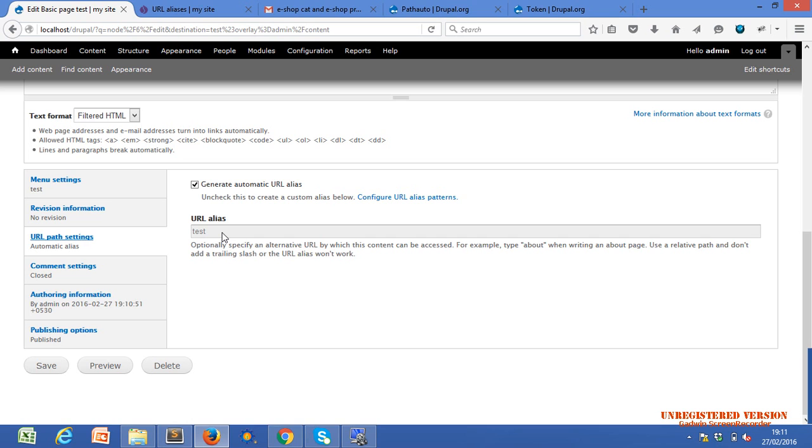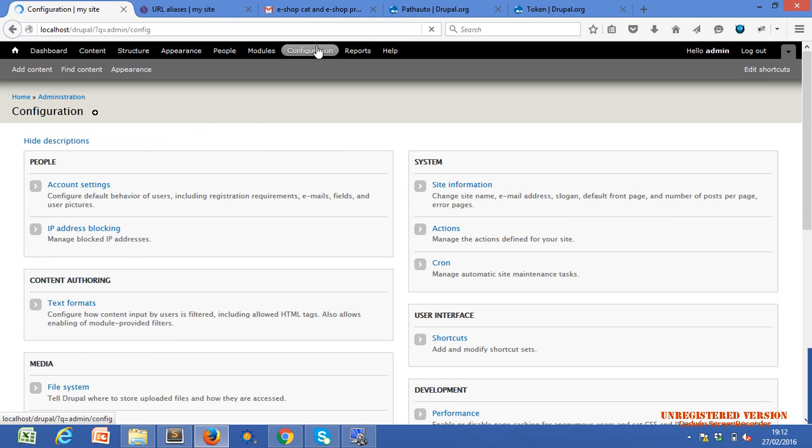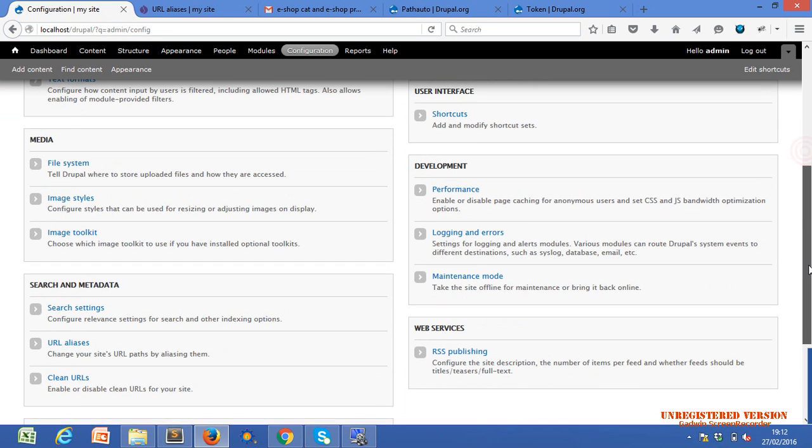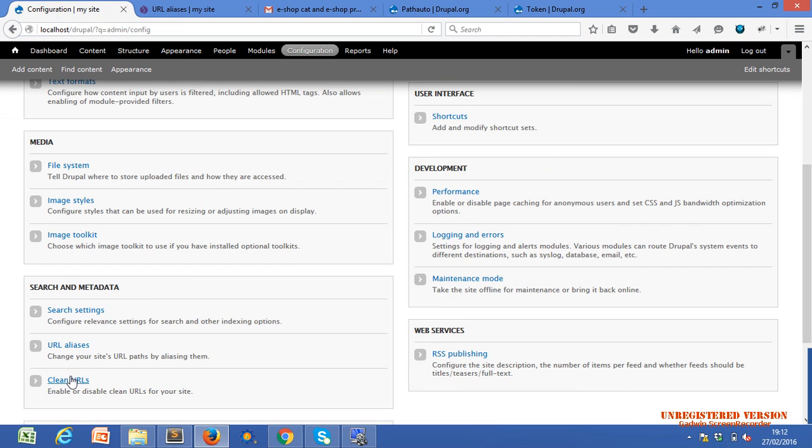The specific URL is automatically added with the content type we set. We didn't add a URL alias. It is added because of this configuration, these two modules. Let's just change node title to node ID. If these two modules are working, then there should be an ID.